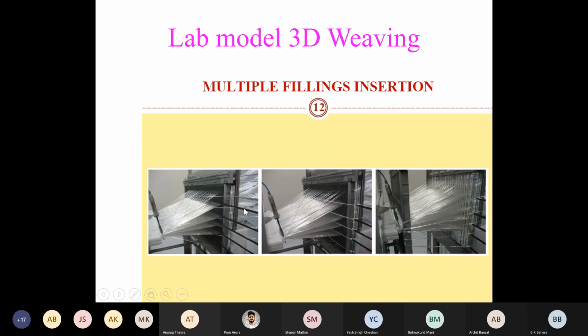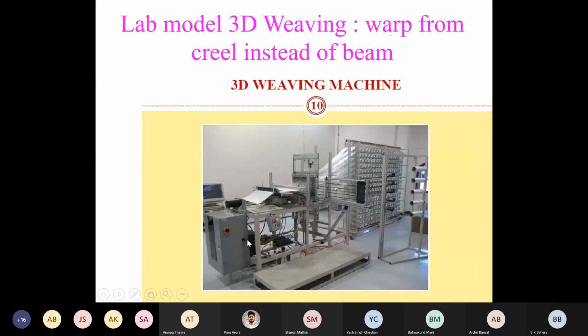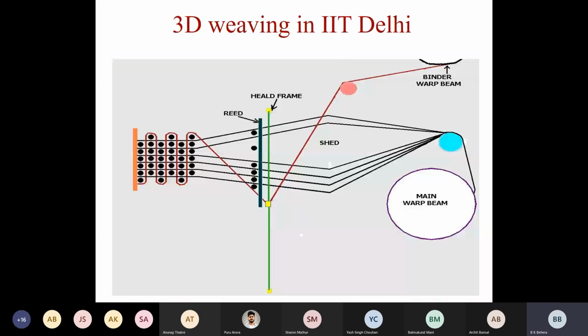One is bottom. And what you see, these black lines, these are rapiers. They are rapiers and each rapier carries one weft each. If you have 5 rapiers bolted in one drive mechanism, and when 5 sets are opened independently, all these 5 rapiers go inside at a time, taking all the 5 weft yarns at a time. That is what I am showing you here.